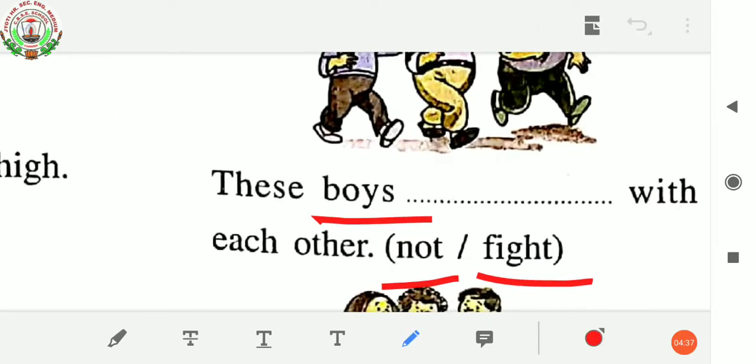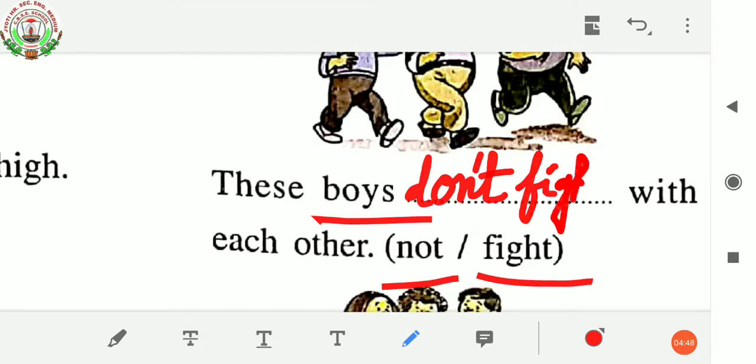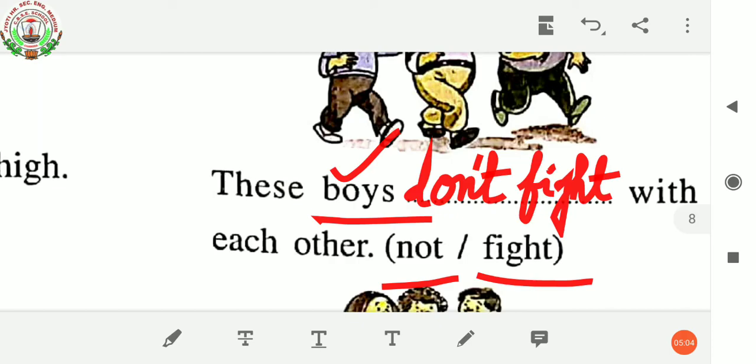You have to use, these boys don't, D-O-N-T, don't fight, F-I-G-H-T, fight. These boys don't fight with each other. So we know that if it is plural form, boys is in plural form, so we have to use don't. Okay. Now next,